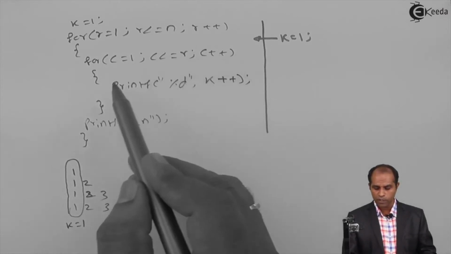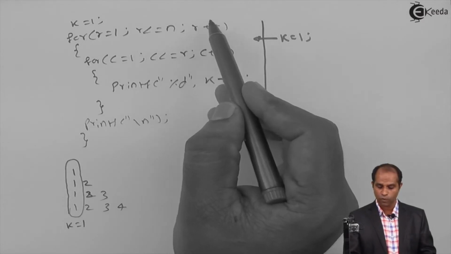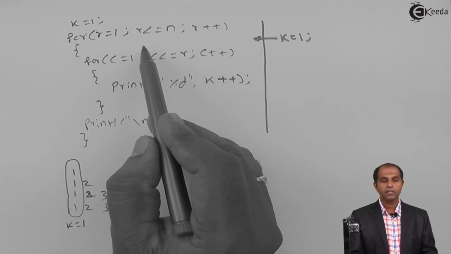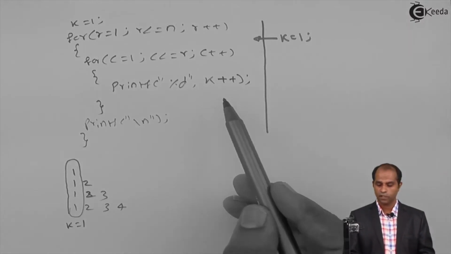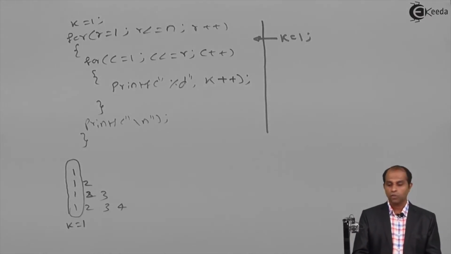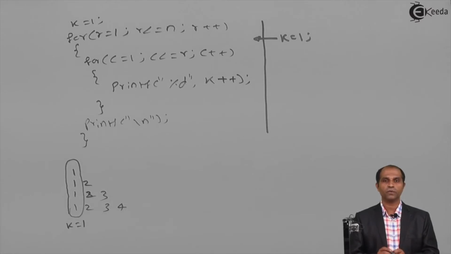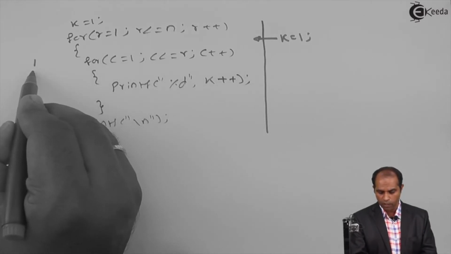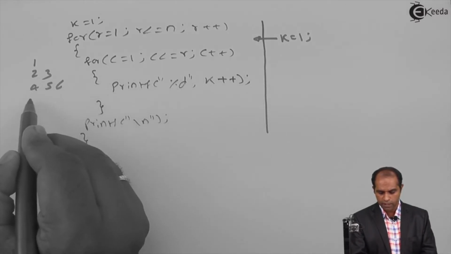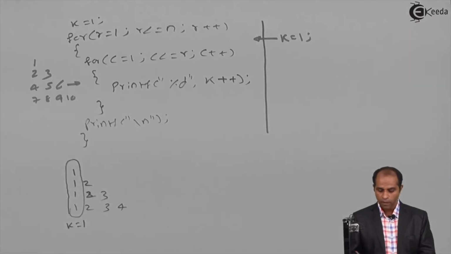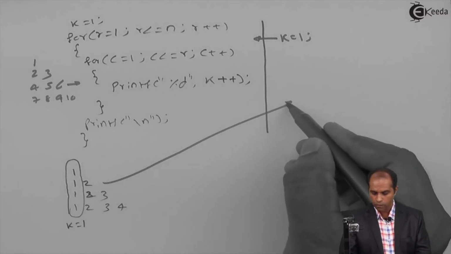After that, when you quit this c loop and go back and change the value of r to 4, your k is still reset to 1. K is reset to 1 irrespective of the value of k in the previous section. After that, again do this particular operation. So I can have this structure drawn for you. Now, this is the one which we stated at the beginning. So this will work for this particular pattern: 1, 2, 3, 4, 5, 6, 7, 8, 9, 10. This is a program, and for this is a program.